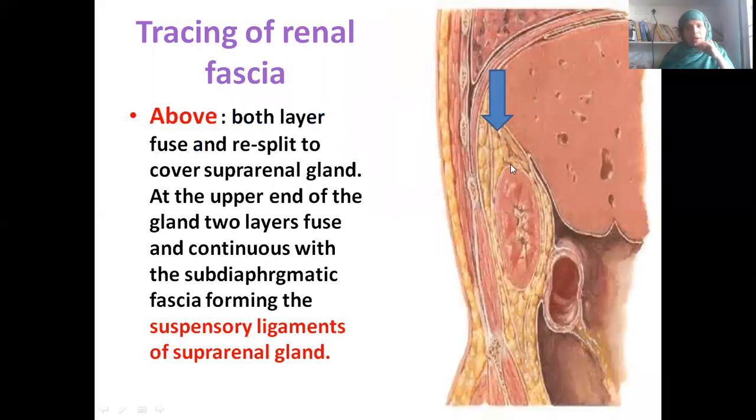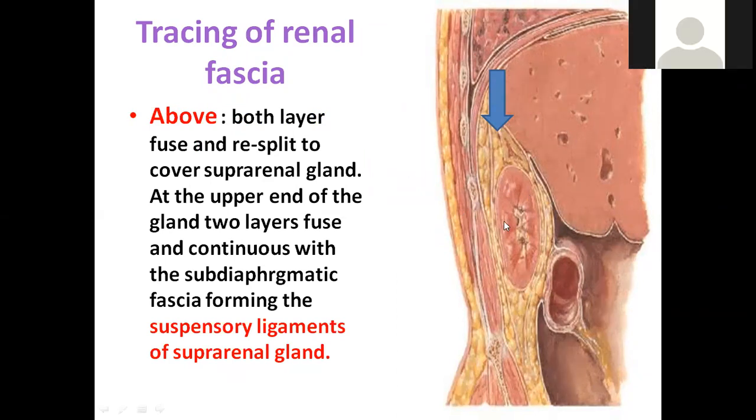Okay, now let us trace the renal fascia. This is the sagittal section. This way we have cut the body, in this direction. So in this direction, you find behind the liver we have the kidney. You remember, the right kidney lies behind the right lobe of the liver. This is the transverse colon, right? That means the right colic flexure. Always we should get orientation of the picture. This is the right lung, no? This is the diaphragm.